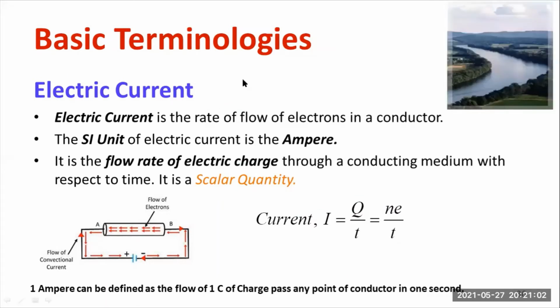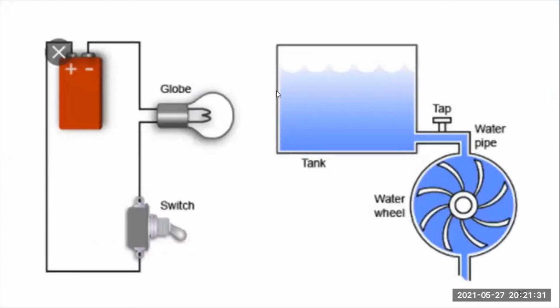Now you can compare the current flow with a natural phenomenon. You can see a river. Here water will be flowing in this direction. That means water flow can be analogous to the current. Current flow in a conductor is analogous to water flow. It is a real-time natural phenomenon that can be directly compared with the electric current. So your understanding will improve. That is why it is better to compare everything with an analogous quantity.